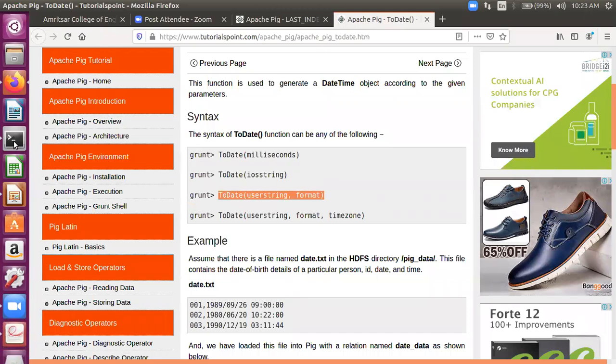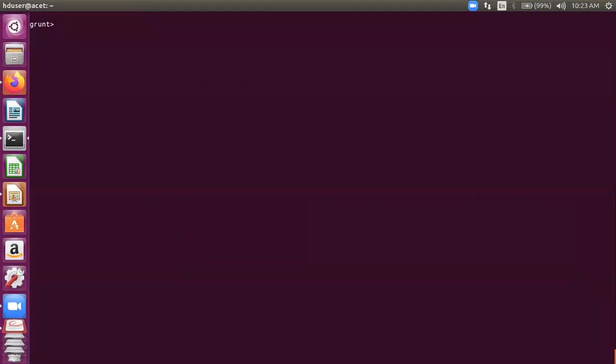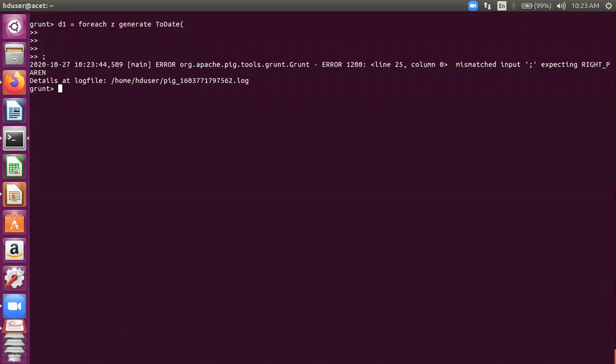Kindly note, all of you, I'll be using this in all my queries with some of the date functions. So let's do it. I'm going to write it here for you. Our relation is Z, so I can say D1 is equal to, from Z I'll project, so for each Z generate toDate, then I mention the field as DOB.